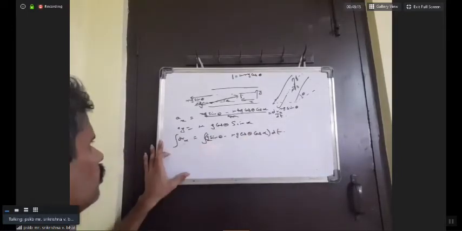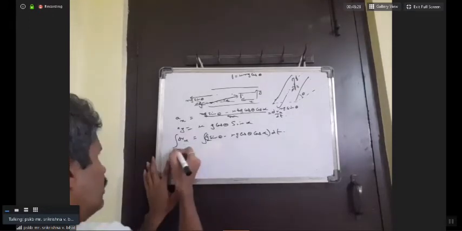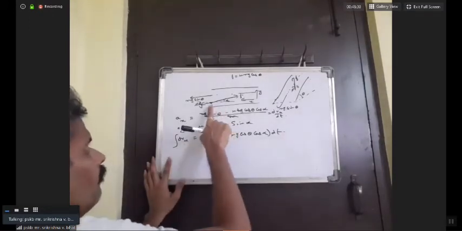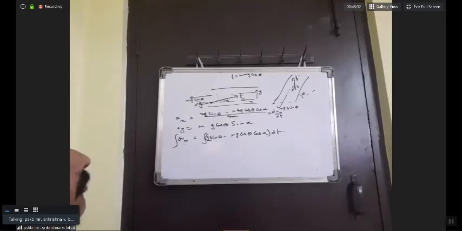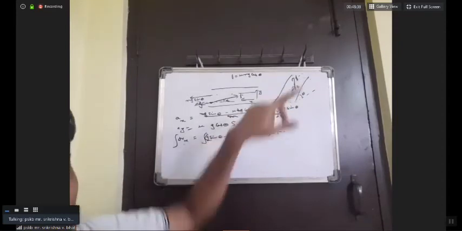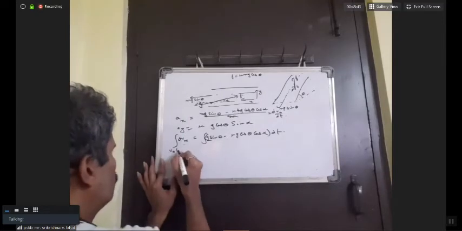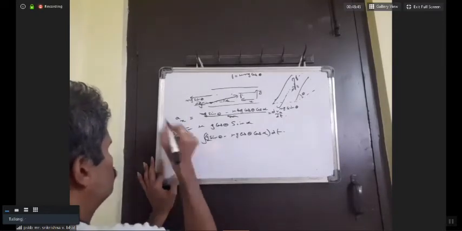Okay, so integration of dvx we can do. Integration of dvx has to be done. Now let us consider that after some time the mass comes to rest, and by the time it comes to rest, its velocity in x direction also should become 0. So here we can take limits as initial value of vx will be nothing but v naught cos phi, because initially the particle was making an angle of phi with the x-axis. So initial x component of velocity must be v naught cos phi. So limits we can take v naught cos phi to 0.